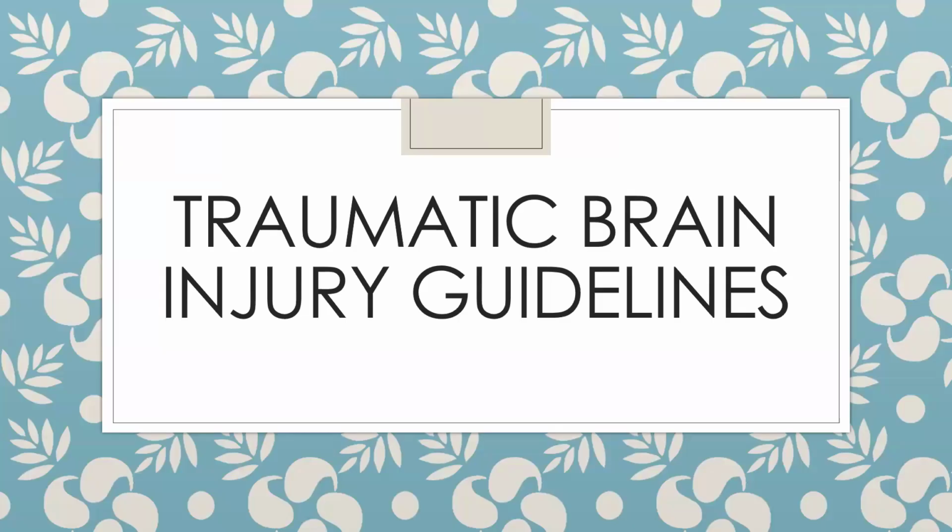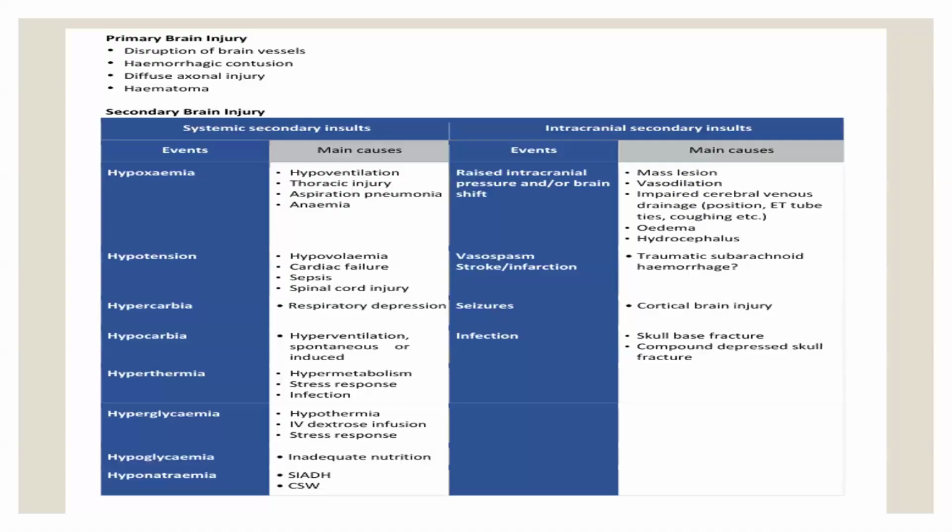Hello friends, now we are going to see the traumatic brain injury guidelines. So traumatic brain injury is primarily divided into primary brain injury and secondary brain injury. Primary brain injury includes disruption of the brain vessel, hemorrhagic contusion, diffuse axonal injury, hematoma,